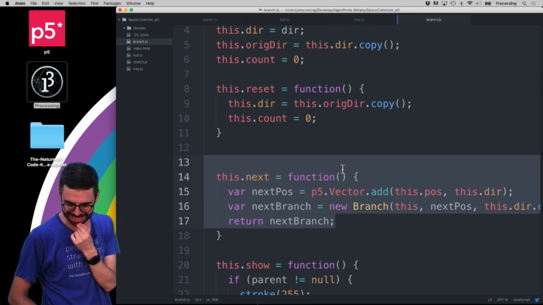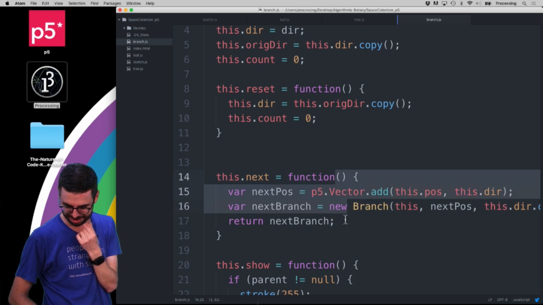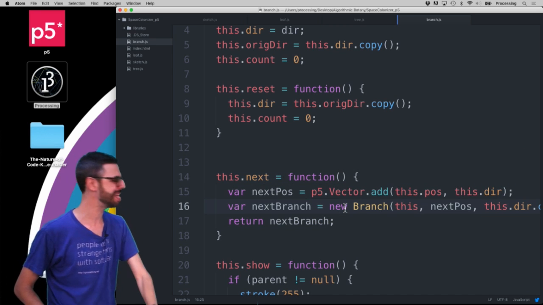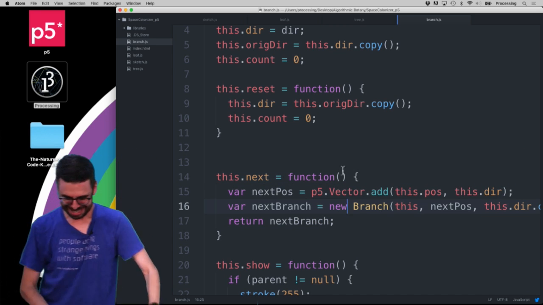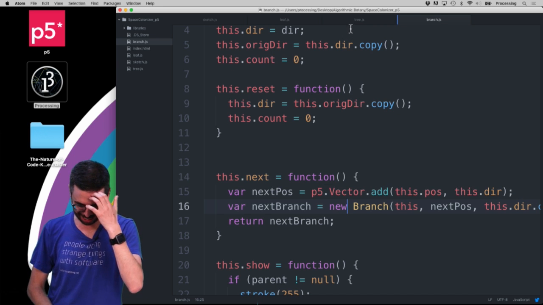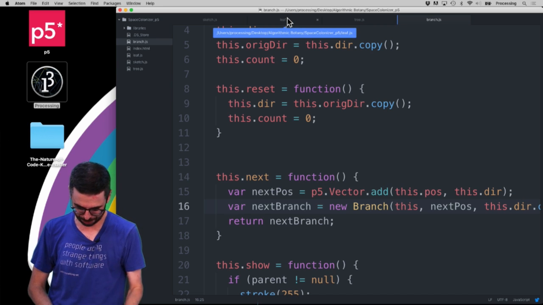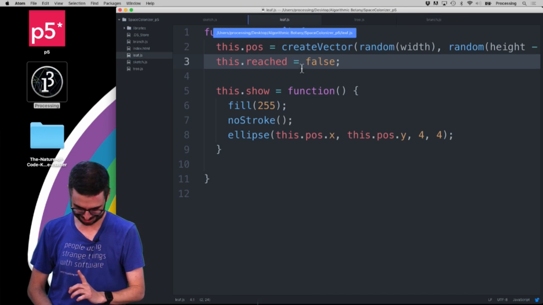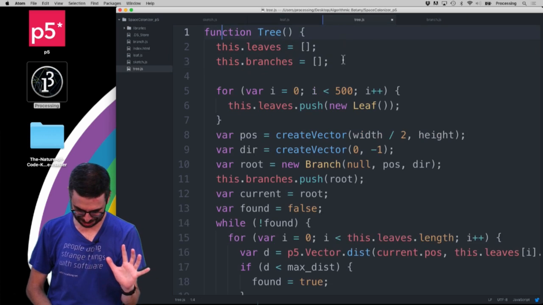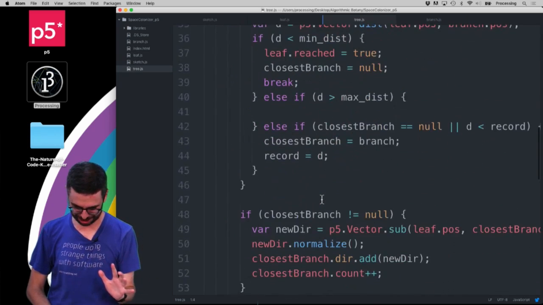Oh, I already had this next function. Look at that. I forgot that I had the next function. So this could be one thing I could do to improve this. Sorry, back, where is that? In the tree. I don't actually need to